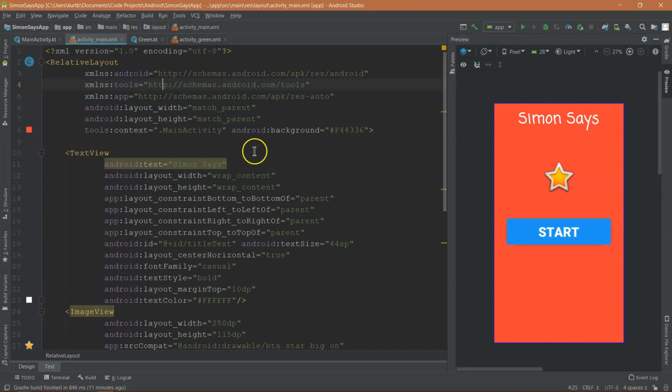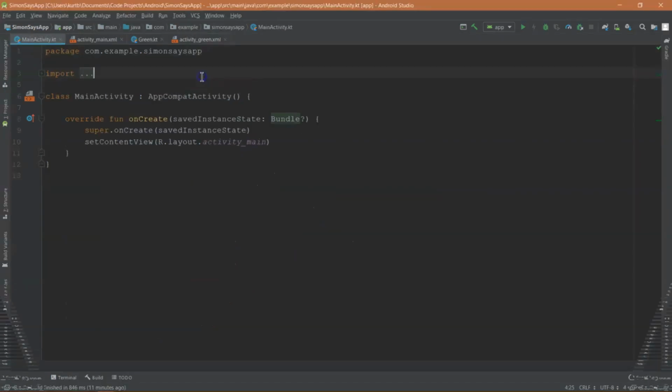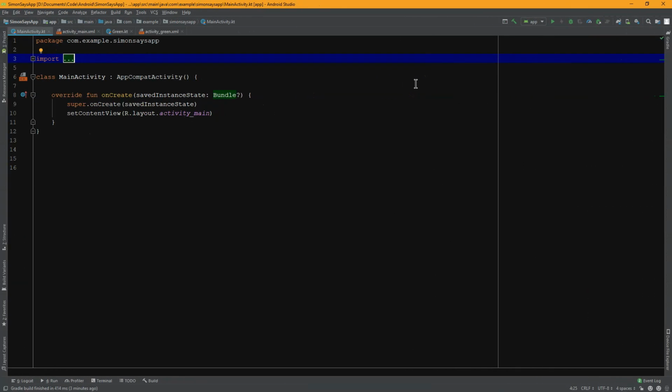All right, let's save all of that. I just reset the window because I hate how much it can change. And now we're ready for the code, not just the XML, right? So we're going to be using Kotlin. And if Kotlin's intimidating, don't be intimidated. This is for absolute beginners. We're going to use